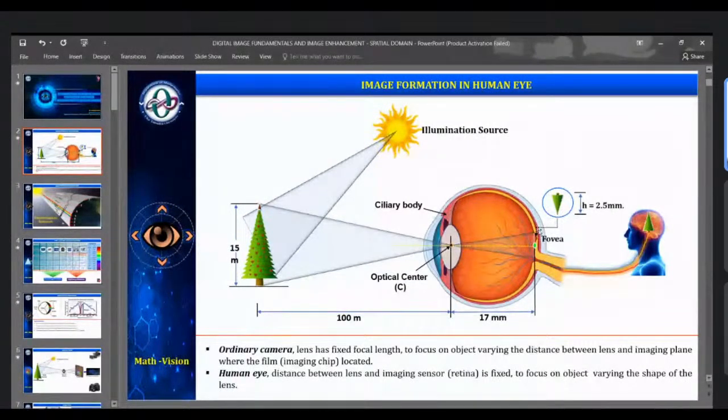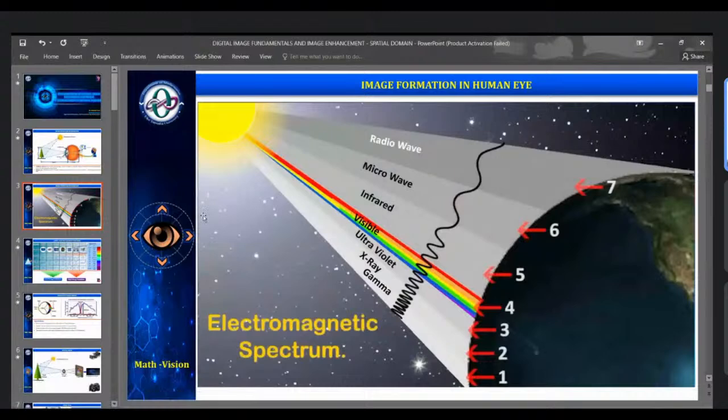And whatever picture is created on the retina is visualized by the nervous system, passing through the nervous system to our mind, and our mind is imaging that particular vision. So ultimately, it is a source of light only. And when we talk about source of light,